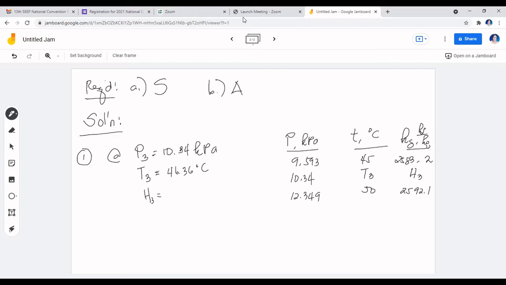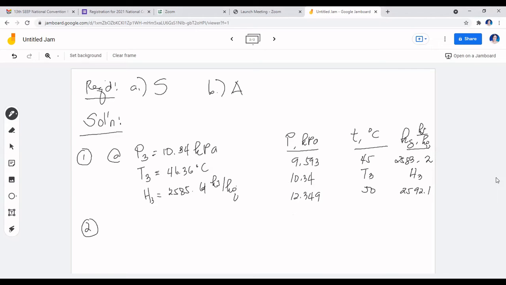Okay, we have 2585.61. So we check. Thank you, Dexter. 2585.61 kilojoule per kilogram. Okay, so this is not written as a step included here, but you will need it later. So you will just read it from the steam table.